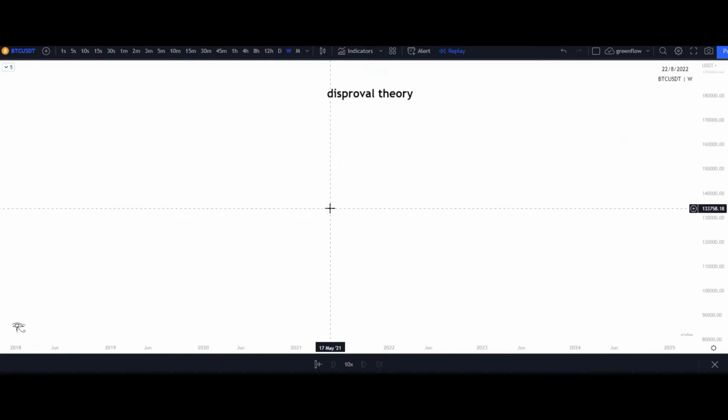A disproval is going to be when price disproves your directional bias. So let's say you're on the long side of the market, you've been taking longs over and over again, and price is still continuing to the upside. Once you are proved wrong, so once your demand zone that you have drawn is broken to the downside with displacement, then you have disproved your theory. You have now disproved your bullish narrative, which gives you the ability to now flip it to the other side. So let's understand what the disproval theory is.